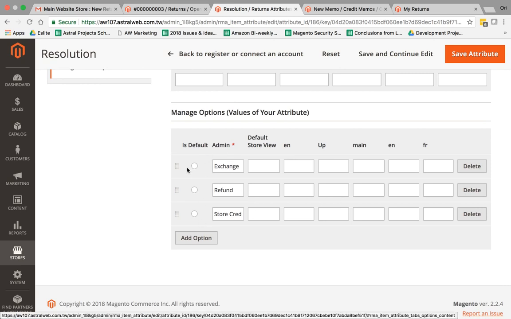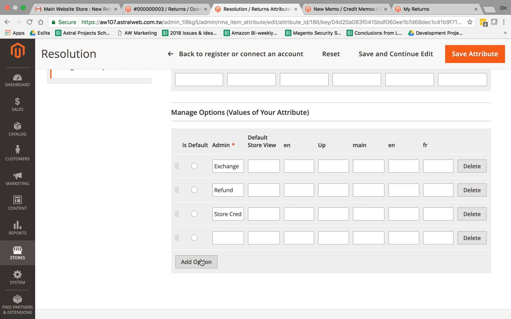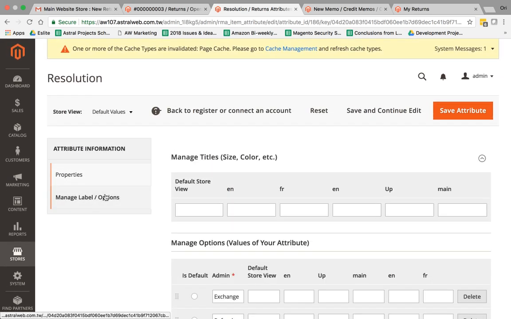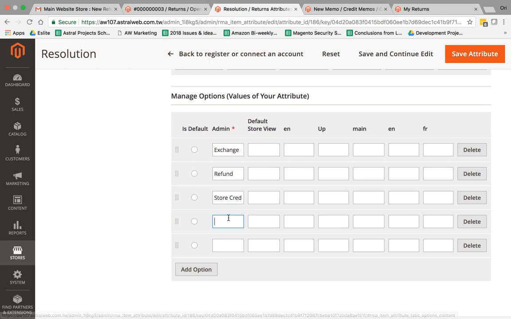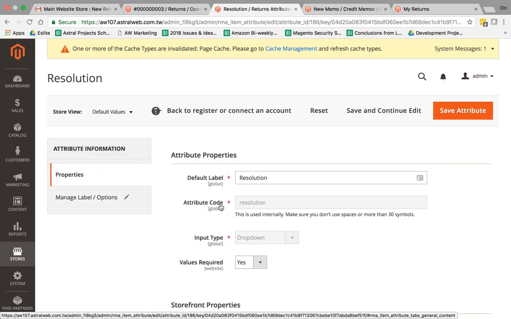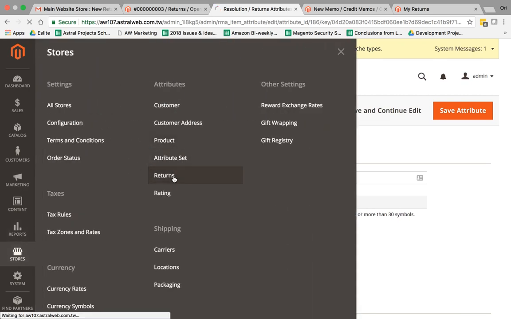You can sort them, have a default one, and add more, just like you do for regular product attributes. For example, I want to add a new one, and again, this is resolution. Instead of exchange, I would say, I don't know, buy me a beer, right? Or something like that. You'd select those and save it. Once you save, you have to refresh the cache in order for them to apply, just FYI.